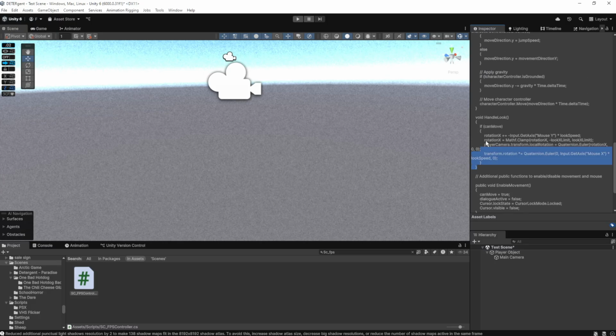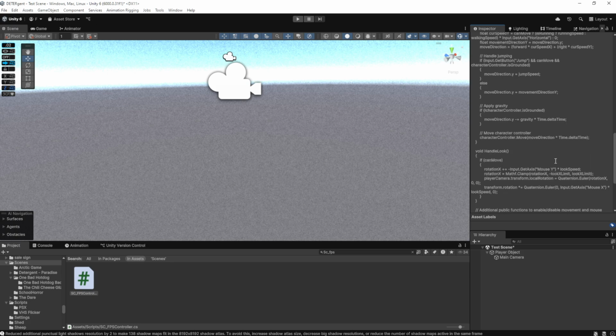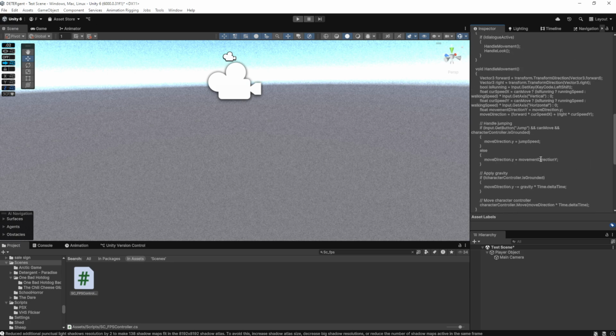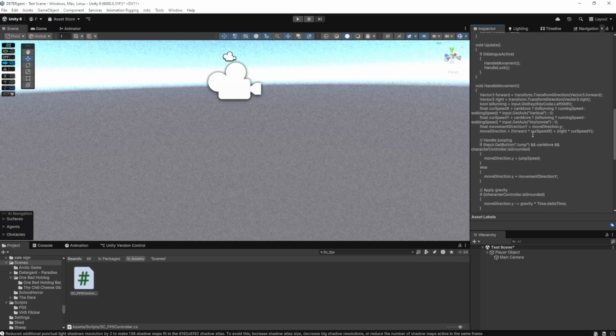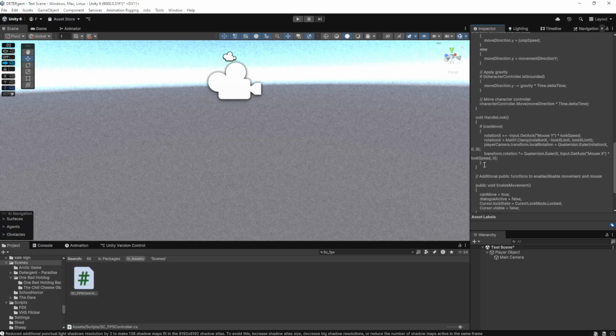Okay, so this spot right here is what is needed for the camera. It does the access for the mouse and the X rotations, mouse X, look speed, and that takes the stuff from up here, movement speed. And where is it? Camera. Well, I just wanted to show you where the camera code is, but it's right here. See how rotation X,